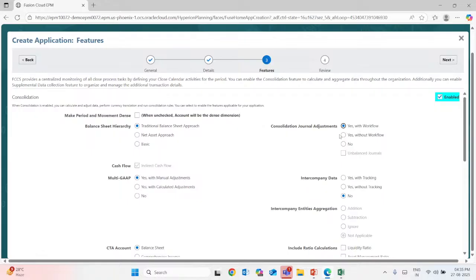So without workflow means the one who does it, saves it, posts it, and that's it. There's no one on top of it, no one is going to supervise. So if you want unbalanced general, then unbalanced general is,